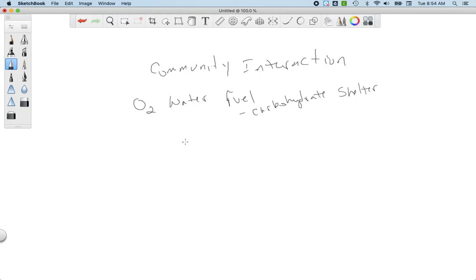And there are things in the environment that we'll call limiting factors, and that should be pretty clear to you. A limiting factor is something that limits the ability of an organism to be successful. So we need a minimum amount of the things we need. We need a minimum amount of oxygen, a minimum amount of water, a minimum amount of food, a safe shelter. And those things can be limiting factors in an environment.